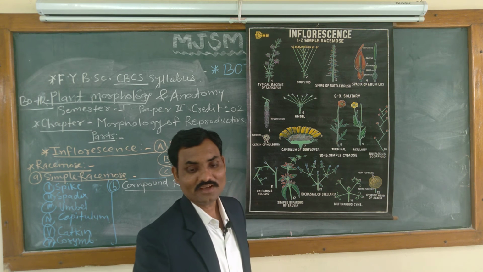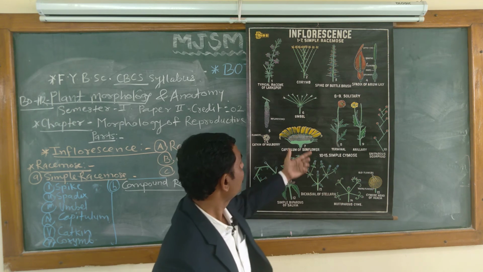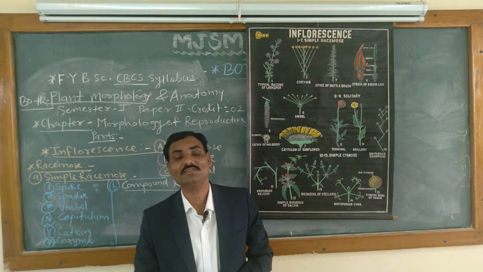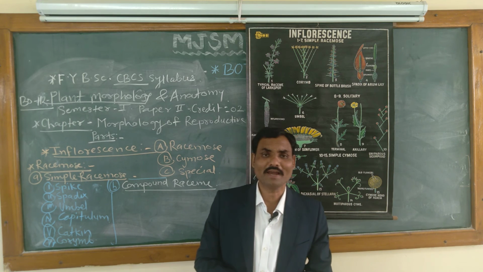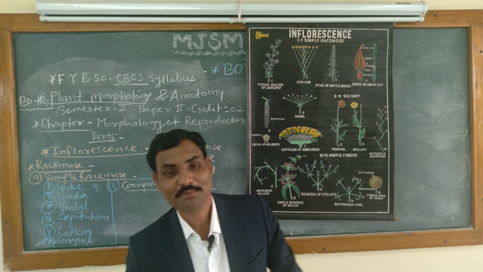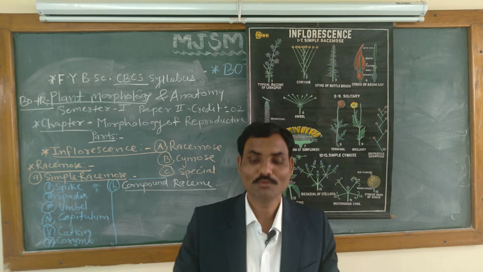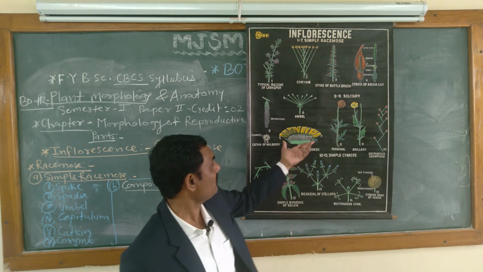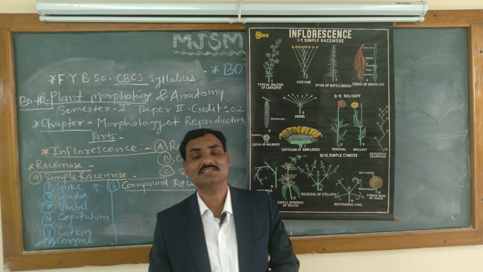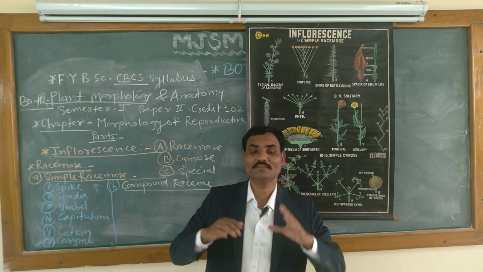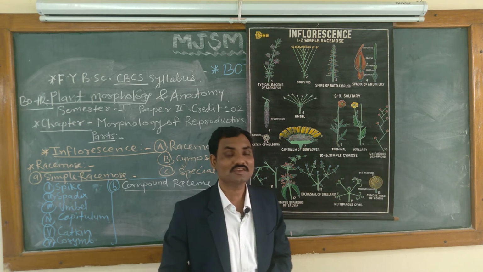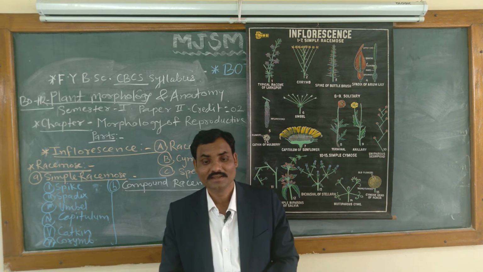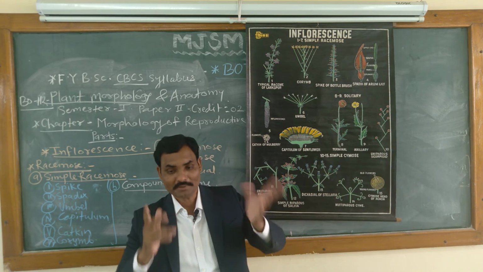And the next inflorescence is capitulum inflorescence. Which are the different characteristic features of capitulum inflorescence? The primary axis is flattened, more or less convex. This is a flat, disc-like structure called the receptacle. The receptacle bears numerous sessile flowers known as florets. These are florets. Disc florets and ray florets are present. The florets are arranged in a centripetal manner.